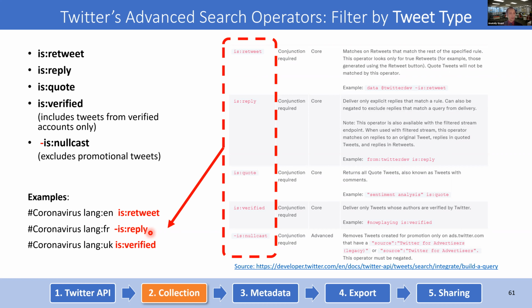in French. And final example, if you want tweets that include the English hashtag coronavirus, but the rest of the tweet will be in Ukrainian, which is my home country. That's why I'm mentioning this example. But you also want to make sure you only get tweets in Ukrainian with this hashtag from verified accounts. Then you want to add is:verified. So that will probably get you tweets from various media organizations, journalists, and politicians from Ukraine on the pandemic, but